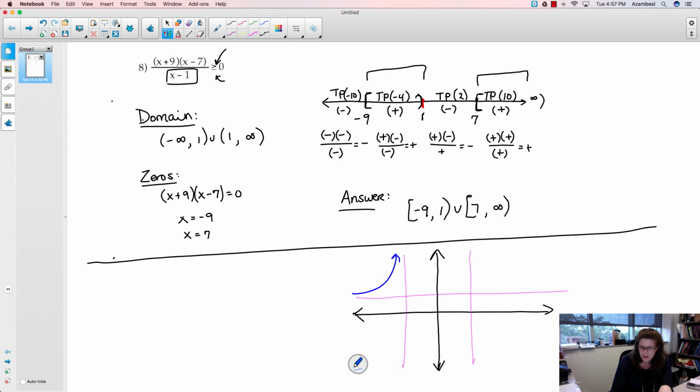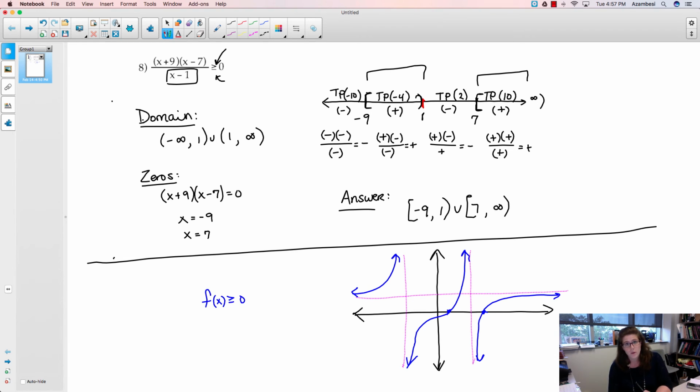I've got a positive piece here. I have a 0 here, comes in from the bottom, looks something like this. And let's say we've got another intercept point here, and it looks like this. Now this is my function f of x. So if I was asked where f of x is greater than or equal to 0 in this case,